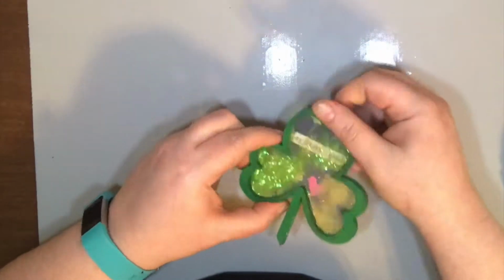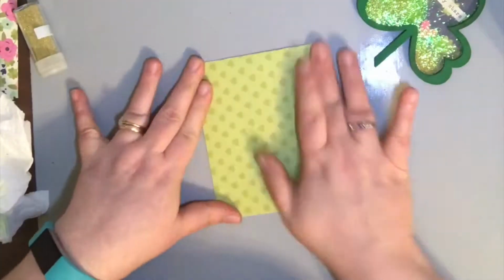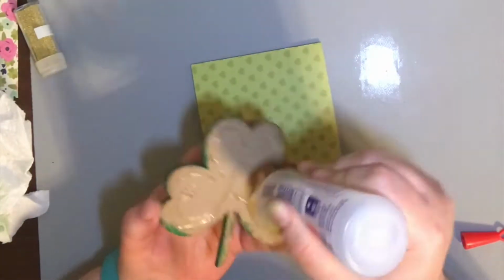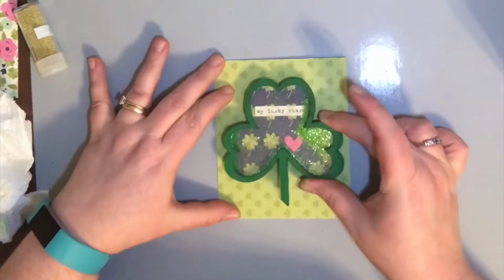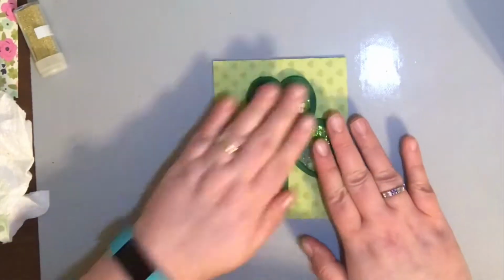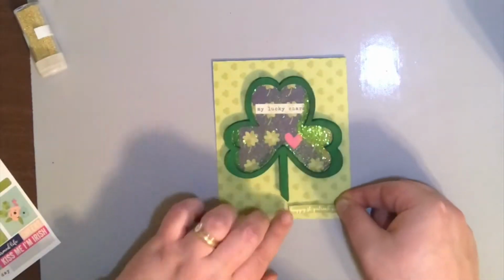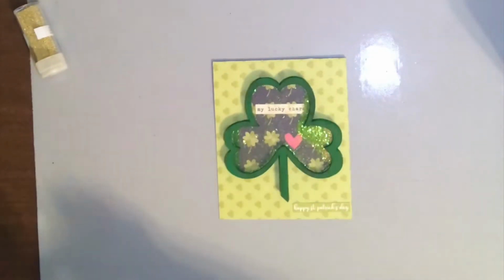Next, I would be adhering this cute little shamrock shaker to a strip of paper from the kit, marked at 4¼ by 11, which folded in half is a standard size card. I'd adhere that down really well and add in another sticker from the Simple Stories line and a couple hearts,